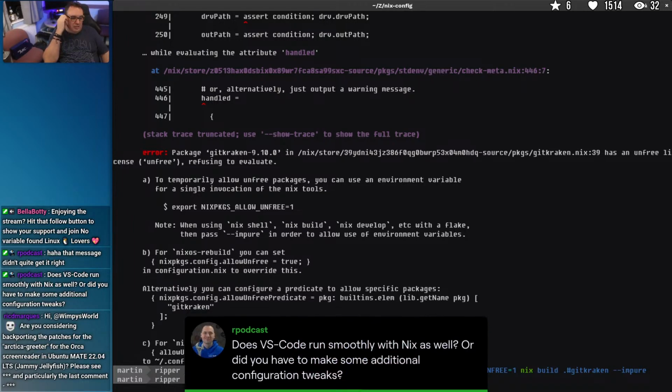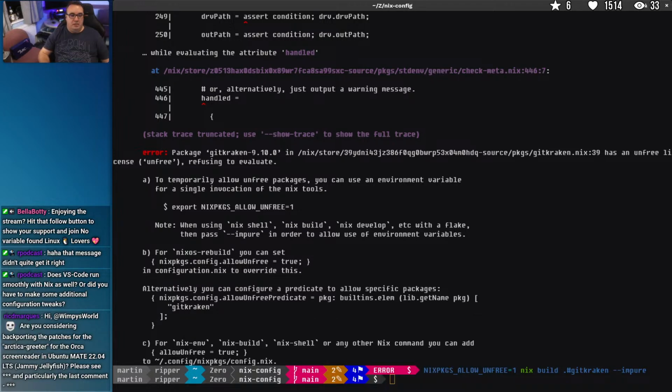Right. So Eric asks, does VS Code run smoothly with Nix as well, or do you have to make some additional configuration tweaks? It runs fine. There's a couple of ways of going about it, and I will show you my VS Code config for Nix and explain how that all works in just a little bit, because that's a good question. It's something I've been playing with recently, or at least I've iterated over different ways of doing it. Right then, so that build is done, so I should have a